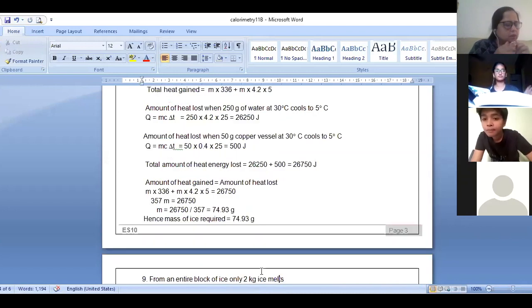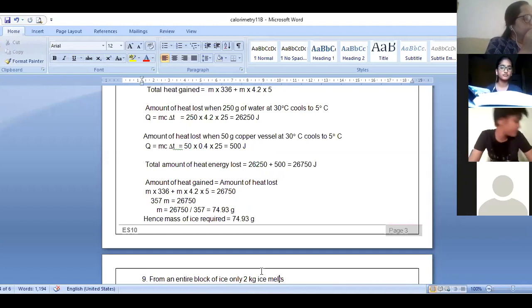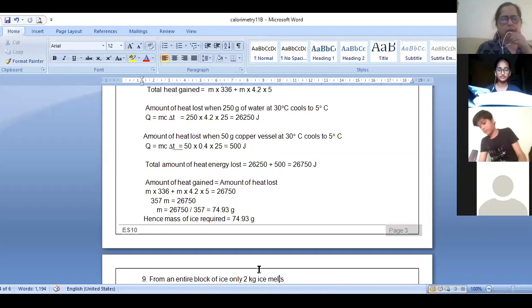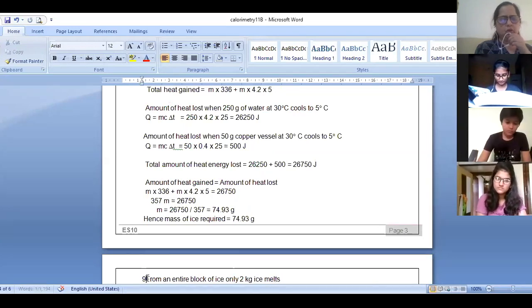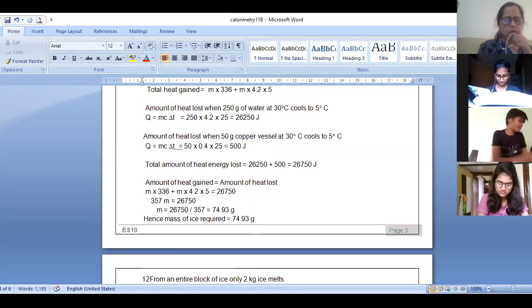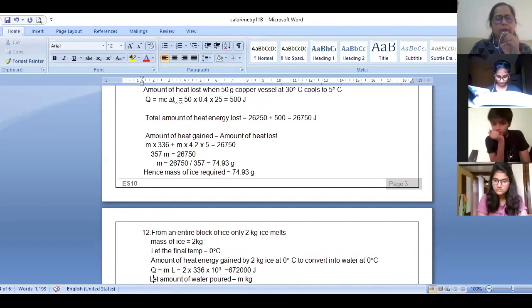Now, ninth one. For me, the ninth one is this. Mariam, just see. Ninth one. 2 kg of ice melts when water at 100 degrees. 12th one. That is 12. 2 kg. Okay, fine. So this is 12. I will do one more sum. I will not do all the sums now. Now, then you have to do now. Only 4 are left. No, but I will not do all. Okay. 12th one. I will do the main ones.